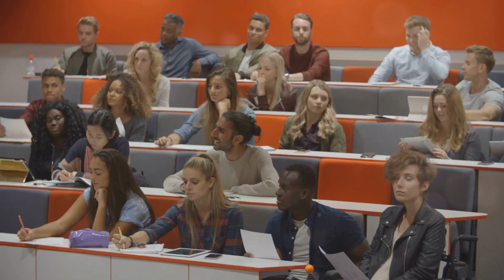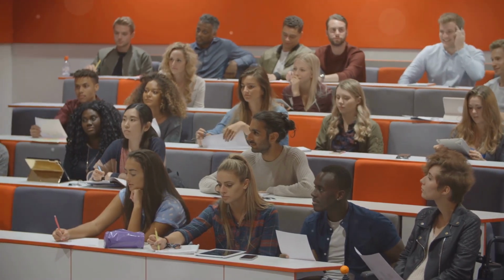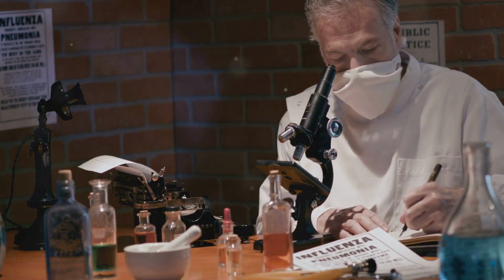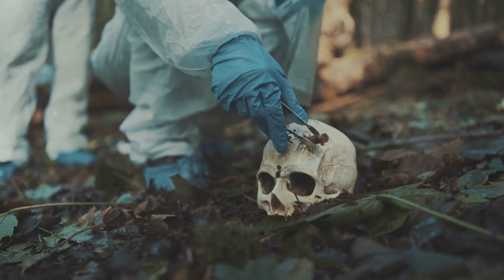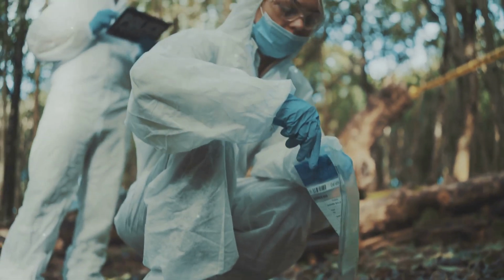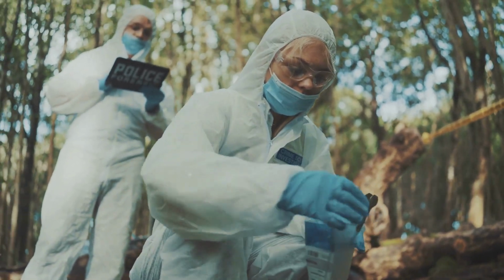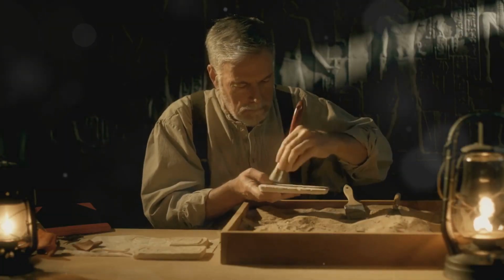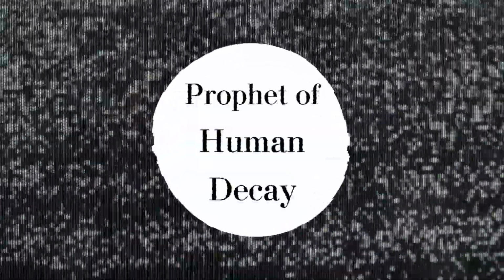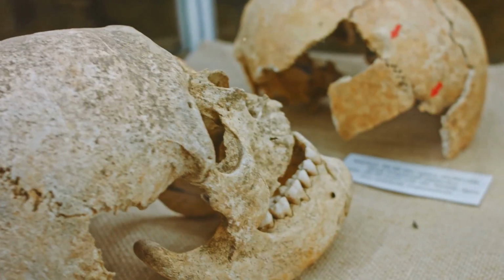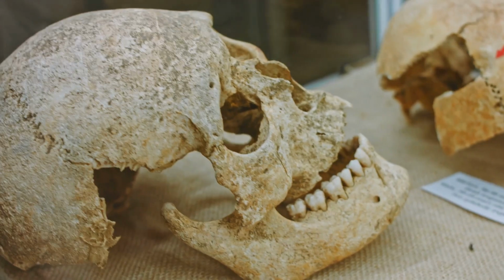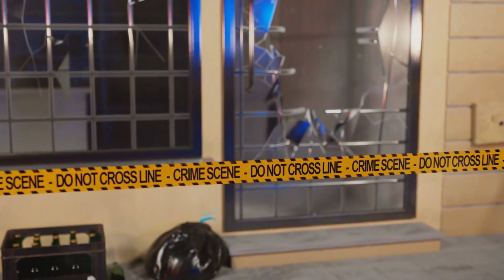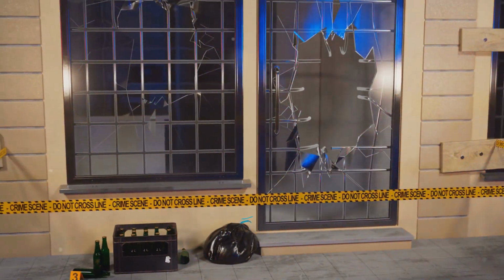To understand Hooton's General Inferiority Theory, let's start with the context. In the early 20th century, biology was increasingly used to explain human behavior. Anthropologists and criminologists were trying to pinpoint physical or genetic traits that could indicate a predisposition to criminality. Earnest Hooton, an American anthropologist often called the prophet of human decay, believed that humanity was experiencing genetic deterioration. His General Inferiority Theory suggested that some individuals were born physically and mentally inferior to others. He argued that these inferior people were more likely to commit crimes, essentially claiming that crime was a genetic destiny